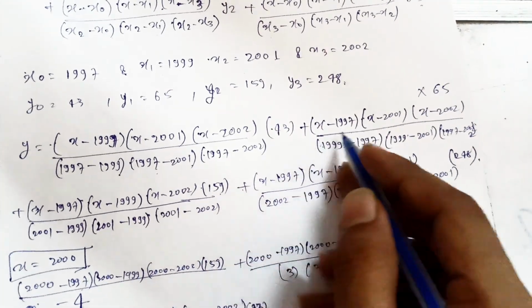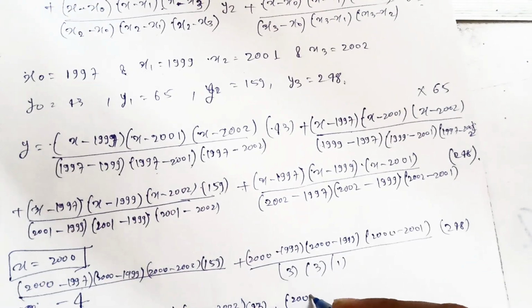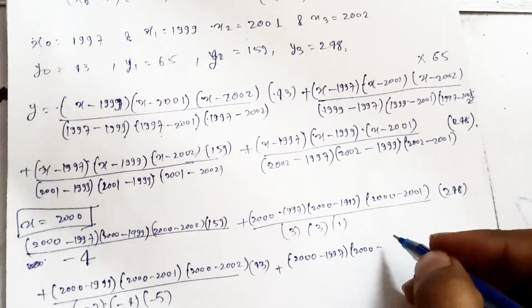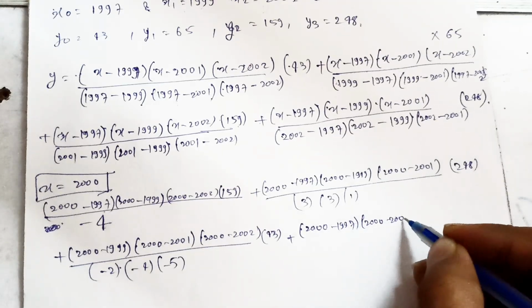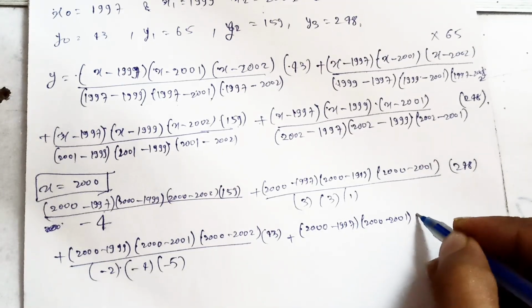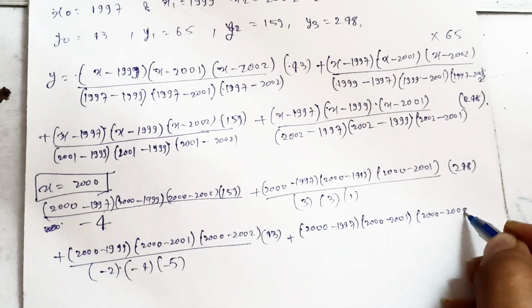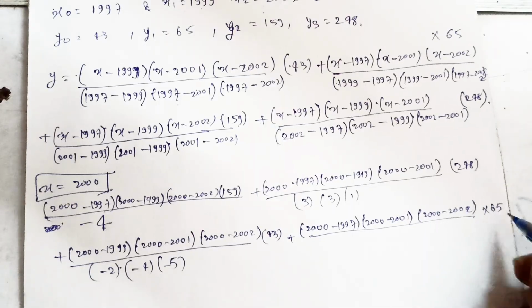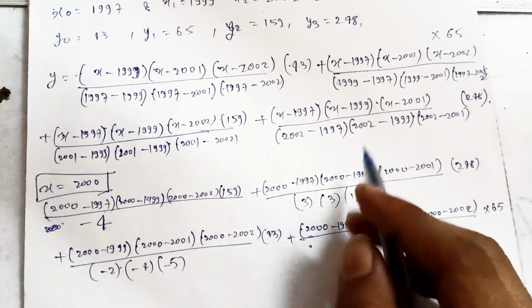And the next term we use as it is, plus 2000 minus 1997, 2000 minus 2001